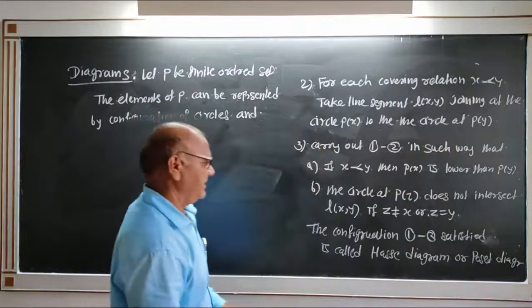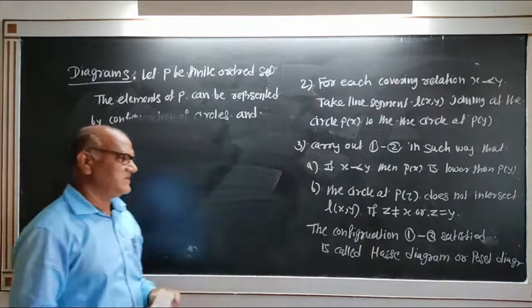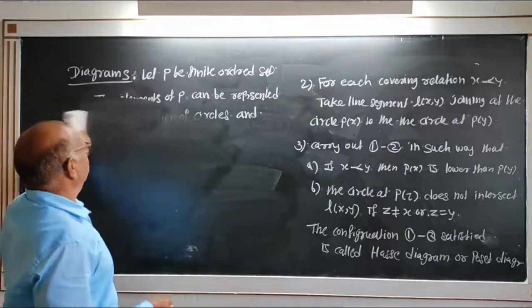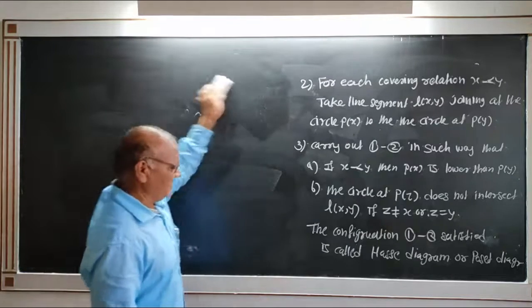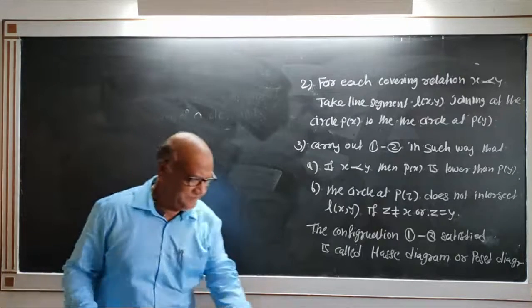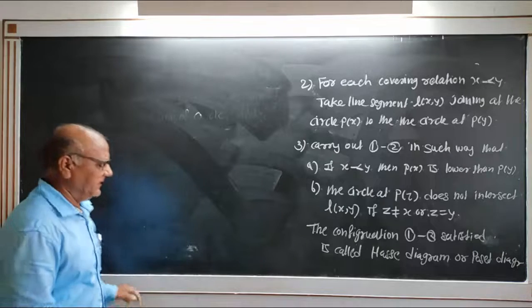The configuration in which conditions one to three are satisfied is called a Hasse diagram or poset diagram. Here, for example,